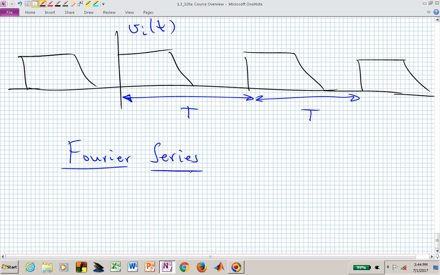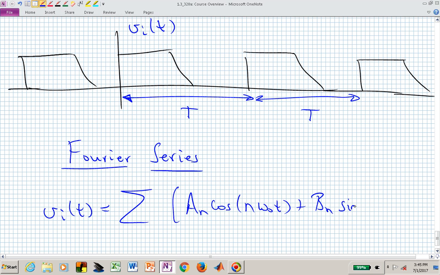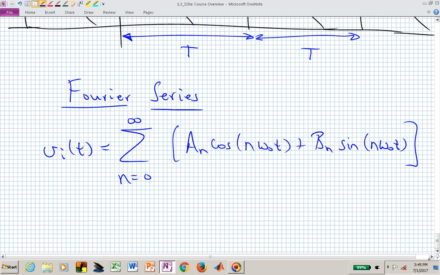And using Fourier series, we'll learn how to build or identify, for a general periodic waveform, the combination of sines and cosines that allow us to recreate or subpartition this periodic waveform into a collection, which can be an infinite collection of